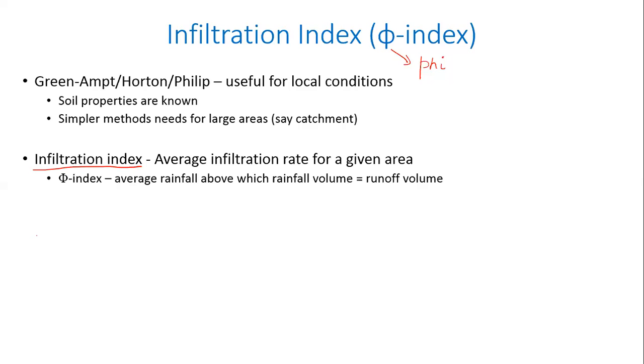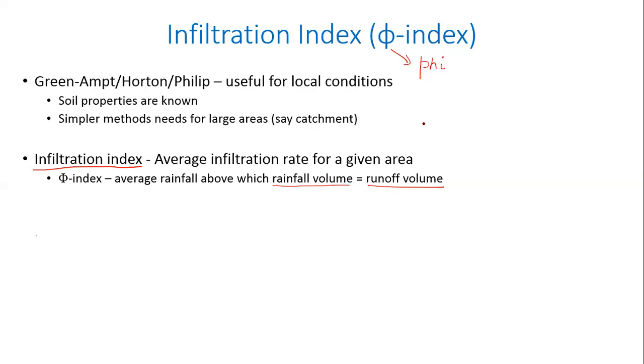Let us very simply define this. This phi index is the average rainfall above which the rainfall volume equals the runoff volume. Did you understand that? It's a little bit